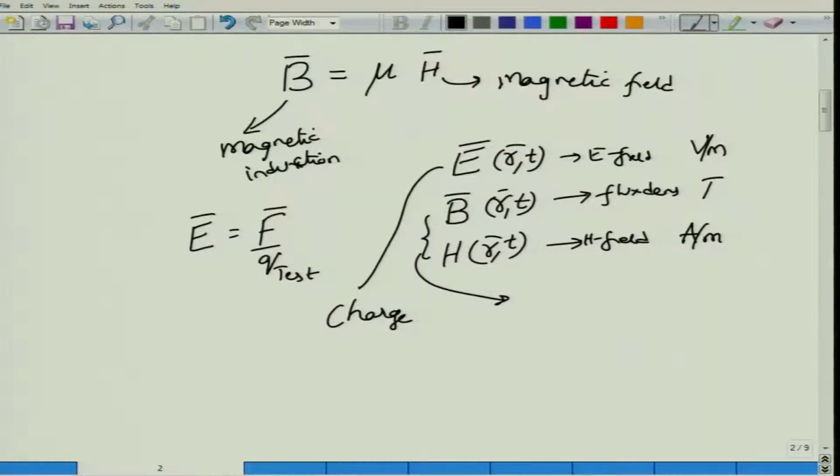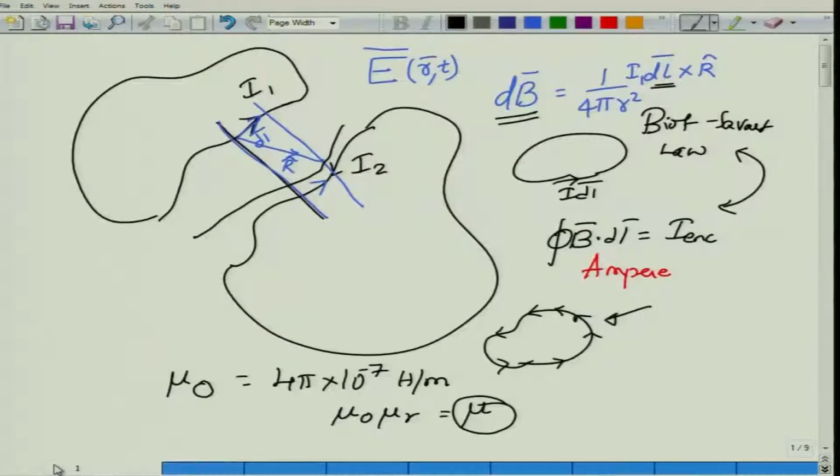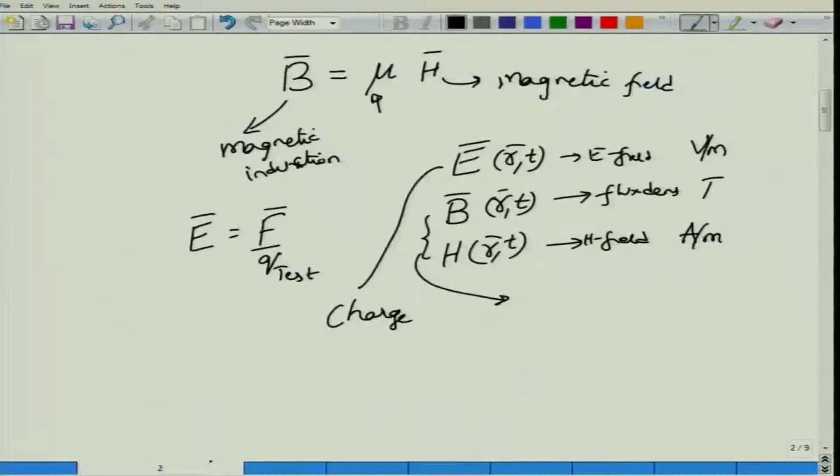So in those materials, B and H are simply related to each other by this permeability factor, and the source for this B or for H, as you can go back and check here, is this current that is flowing in a conductive path, and that current is what goes here. So the source for electric field is charge, and the source for this magnetic field and the magnetic flux density is current. Now we said that you have this epsilon r, which is the relative permittivity, but